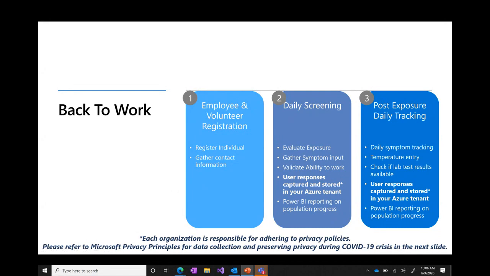So coming to the solution itself, it is divided into 3 major steps. So there are 3 different workflows that we follow. The first one is employee and volunteer registration. So in the last slide, where I was mentioning that it could include ancillary staff or the employees themselves, we